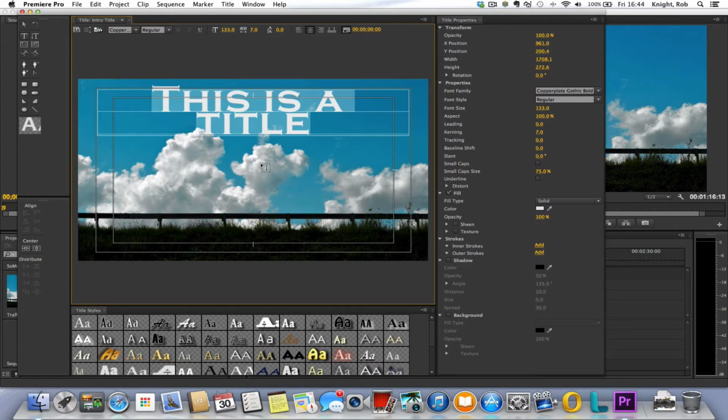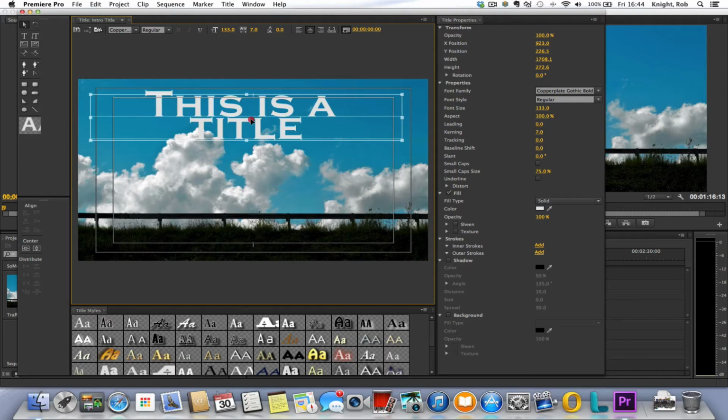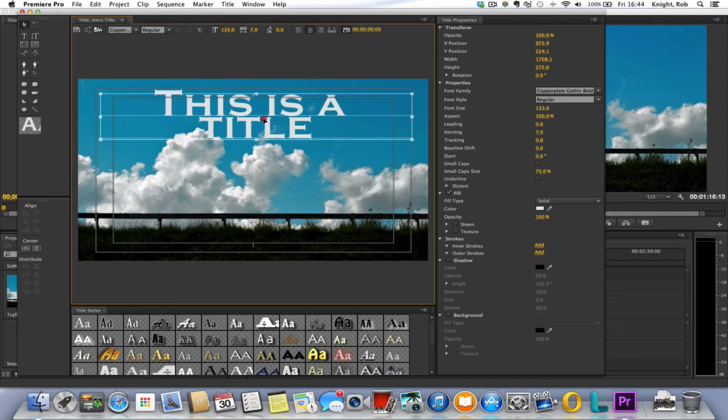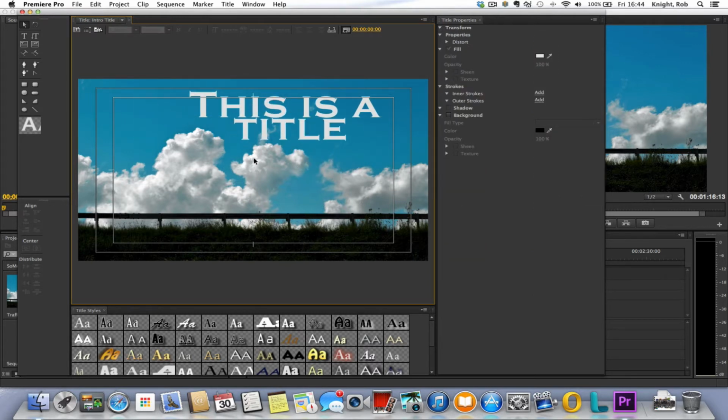So then we can click back off it. We can click back on our selection tool on the left hand side here, and we can move the text around and place it wherever we want it on the screen. So I'm going to place this text just slightly over to the right hand side, thinking about the background that's on as well, and that is our first piece of text added, and that we will then be able to add to our timeline. Now what we can do, if we close the text inspection box, this will be created. So we click close,